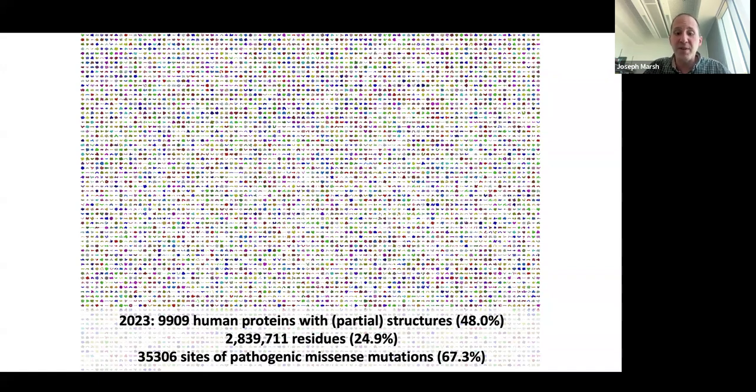You might note this discrepancy between 67% of pathogenic variants in structures versus only 25% of residues overall. And that's probably two factors to that. One is the regions of proteins that are most amenable to structural determination tend to be folded globular domains. Those are a lot more likely to be associated with disease because a single amino acid change is much more likely to have a big impact there as opposed to in a disordered region. But also there's a level of ascertainment bias, whereas people are more likely to solve the structures of disease genes.